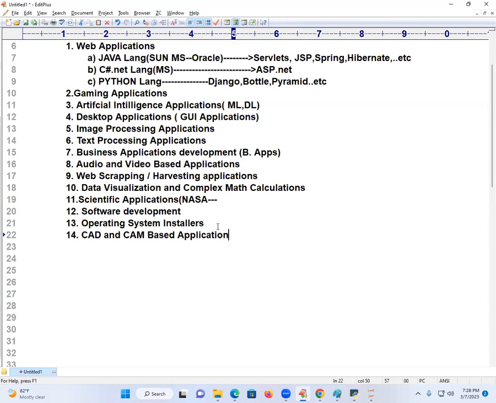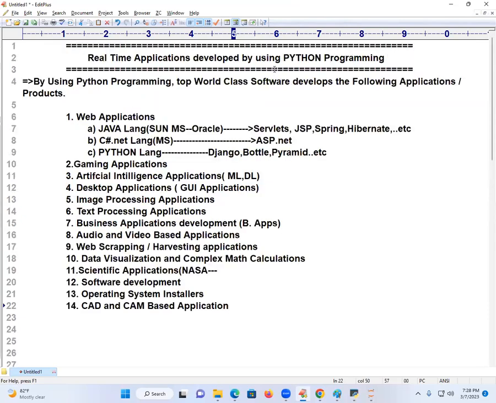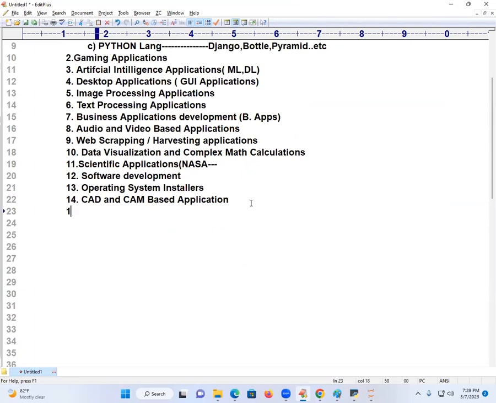They are using some software for machine cutting also. See the finishing of those cars and the finishing of non-branded cars; there is a lot of difference. So in CNC cutting, they are using some type of software. That type of software is also developed in Python language.